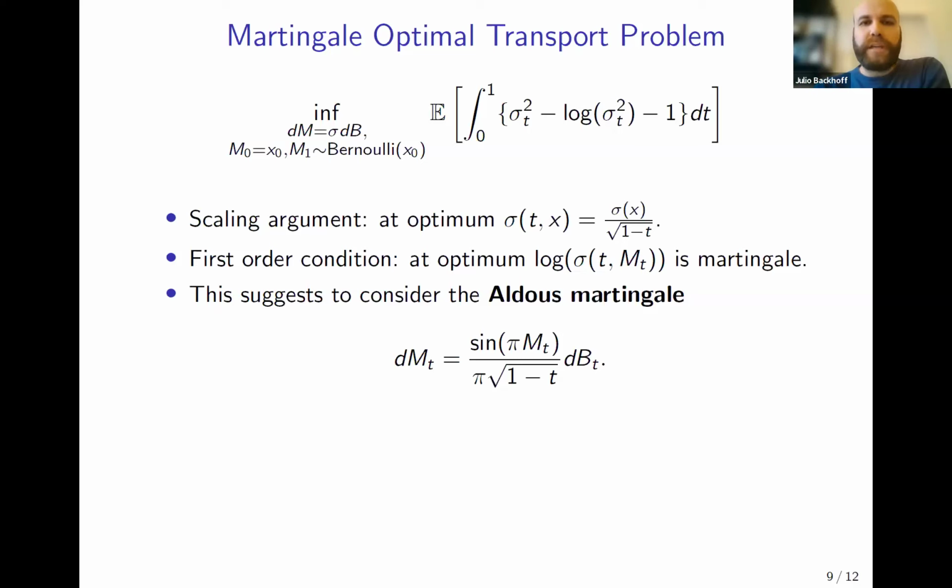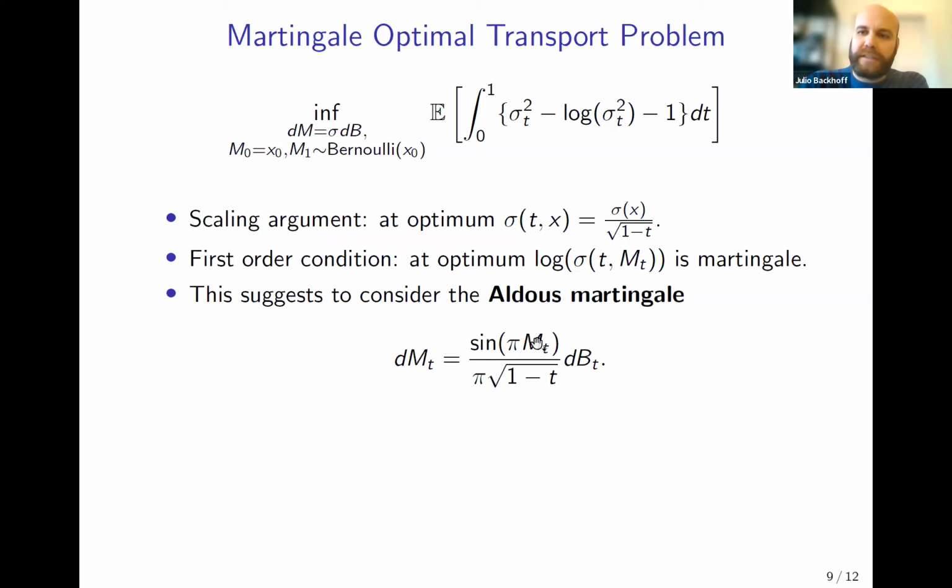So if you do that, then you can also push the stochastic control approach and get that this is the optimizer, and it's the unique optimizer. We called it the Aldous martingale because this is a problem motivated by Aldous. And as a sanity check, you can see that